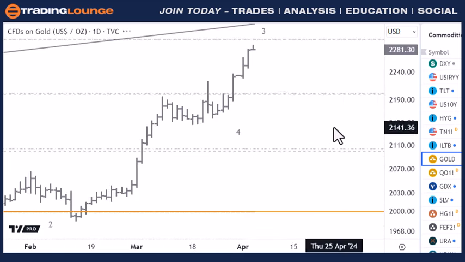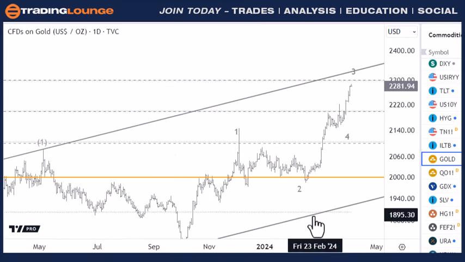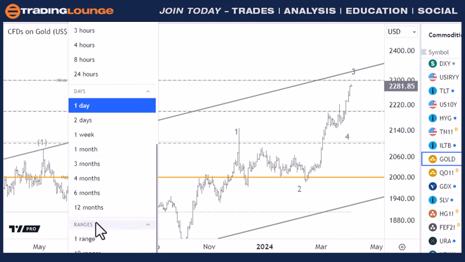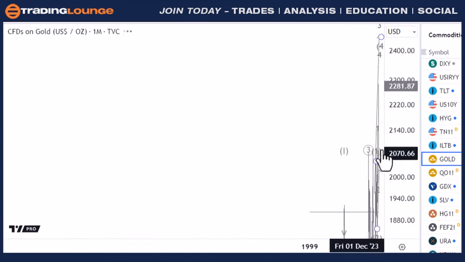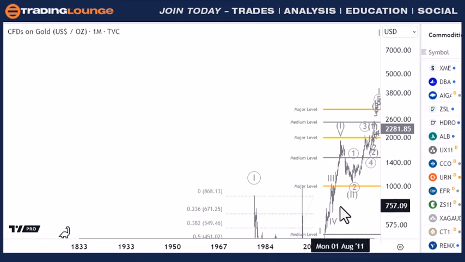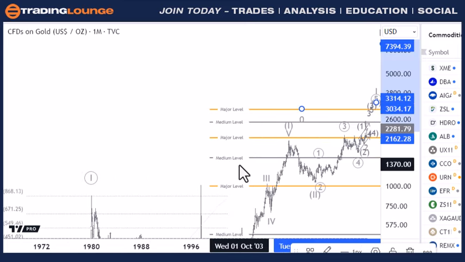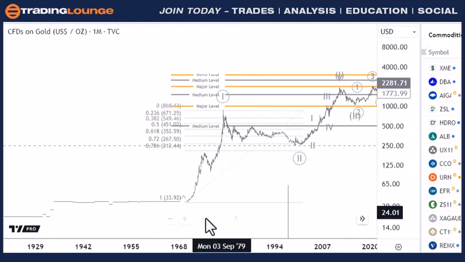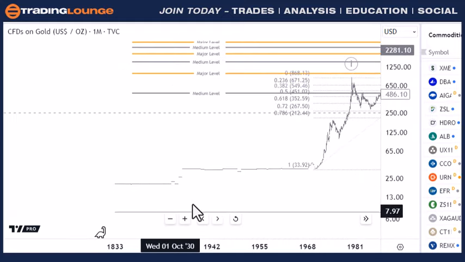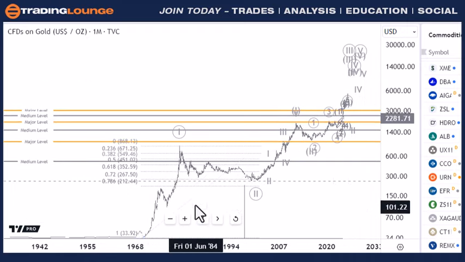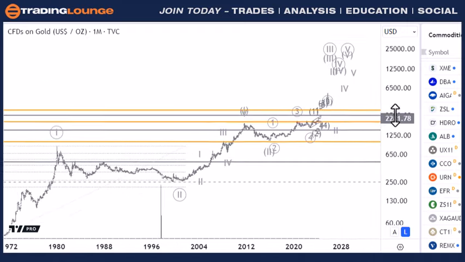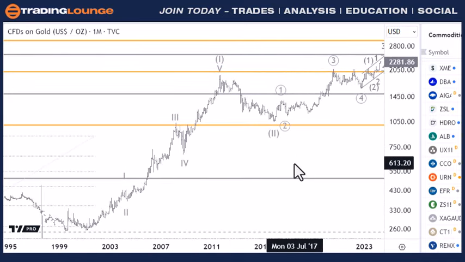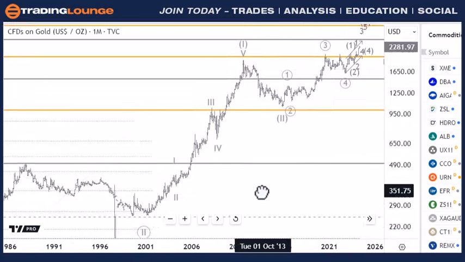So if that's got to go up, then we could say that, US spot gold here. We had a look at this in the monthly chart yesterday, having a look at the big picture here, which is always good. It's great when you can come back this far, isn't it? Back into the 30s here. That's fantastic. So I'm looking at all of this as 1 and 2 here, and my count is quite bullish. I'm not a gold bug. I like most things, but